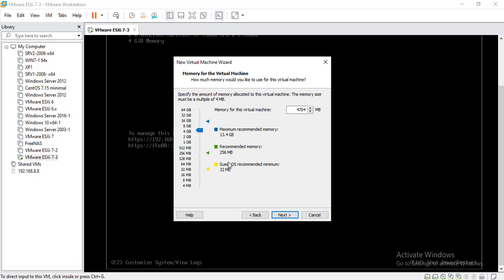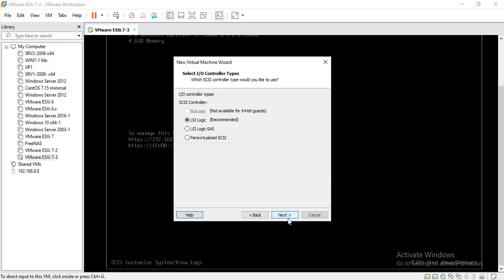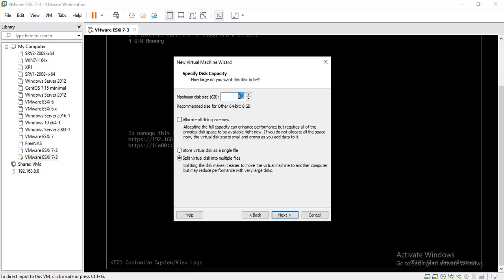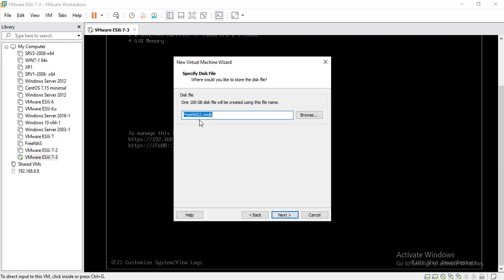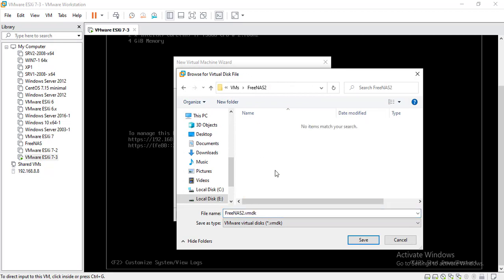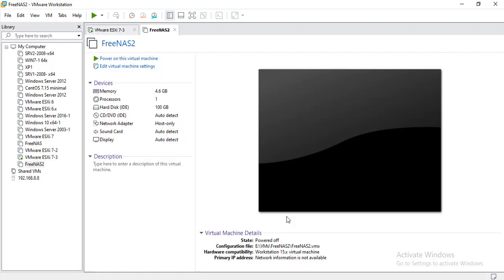Okay, next, I will use host only networking. Next, okay, IDE. Create a new virtual disk. Okay, disk. Save. Next. Next. Finish. Okay. I will edit the machine